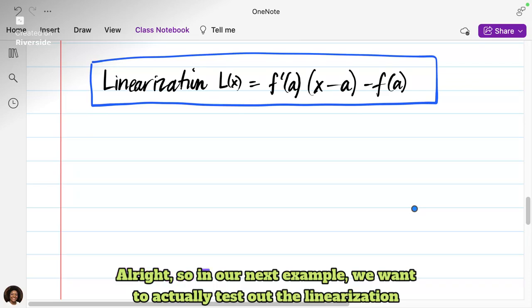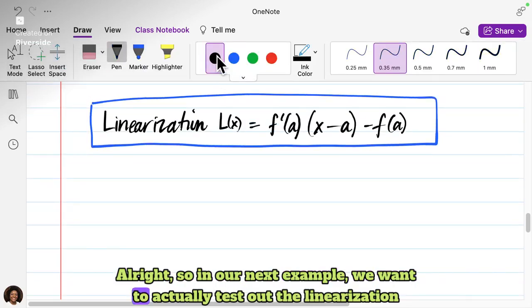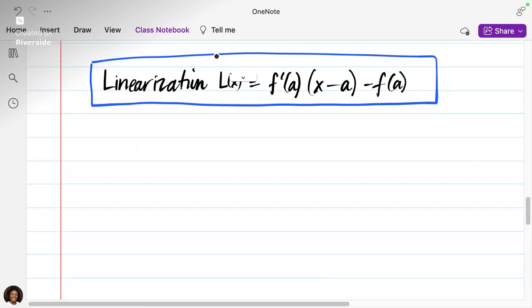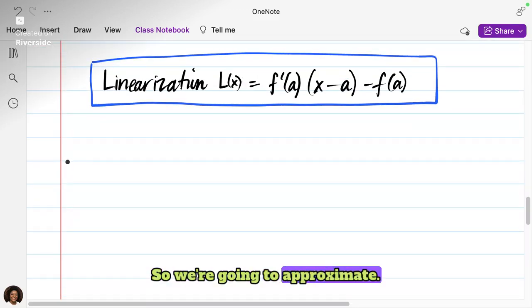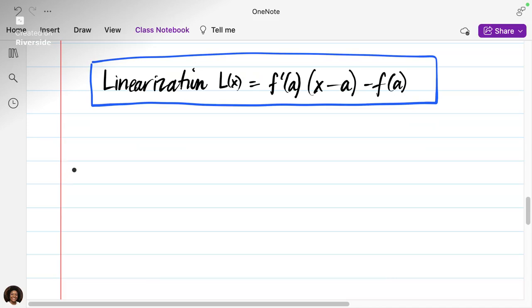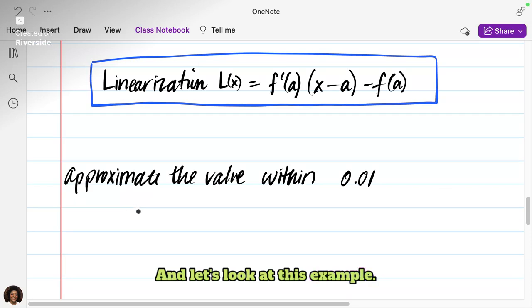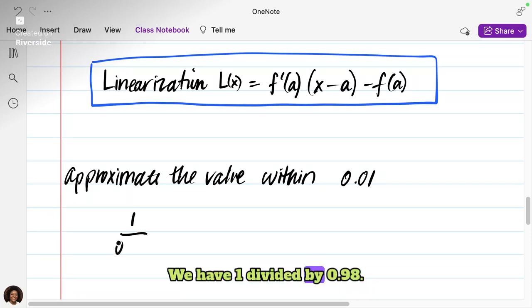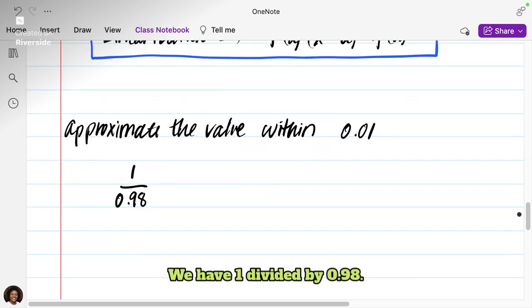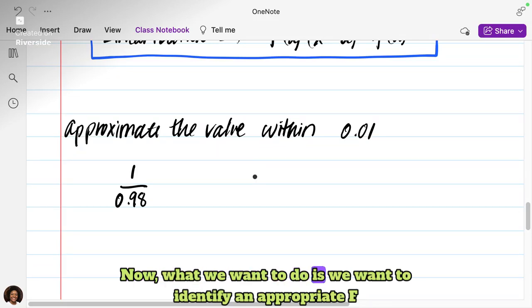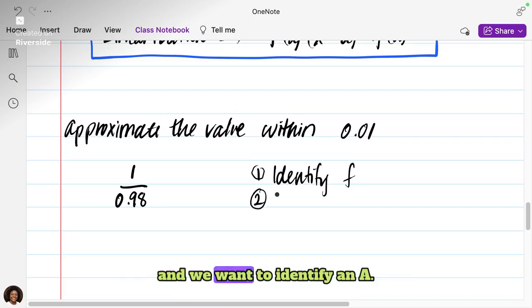All right, so in our next example, we want to actually test out the linearization and try using it. So we're going to approximate the value within 0.01. And let's look at this example. We have 1 divided by 0.98. Now, what we want to do is we want to identify an appropriate f, and we want to identify